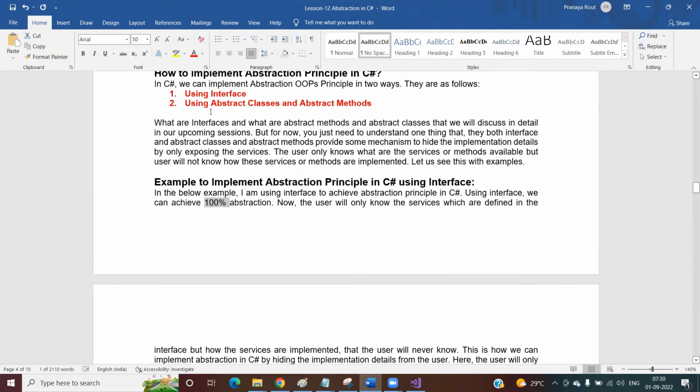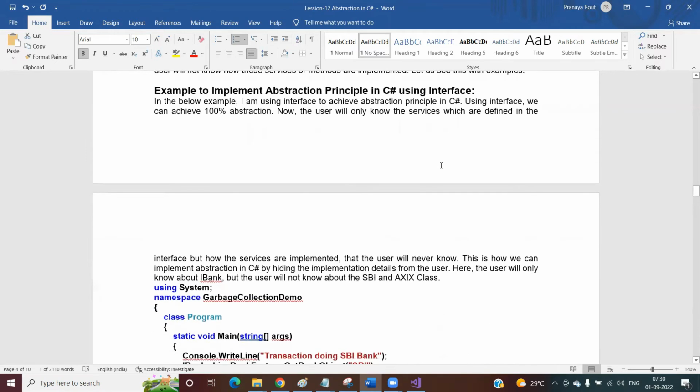But using an abstract class, you can achieve 0 to 100% abstraction. I will show you practically how we achieve 100% with interfaces, and how, whenever we use abstract classes and methods, we achieve 0 to 100% abstraction. So what we are going to do is,